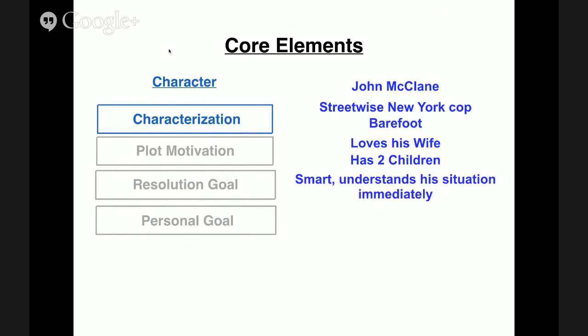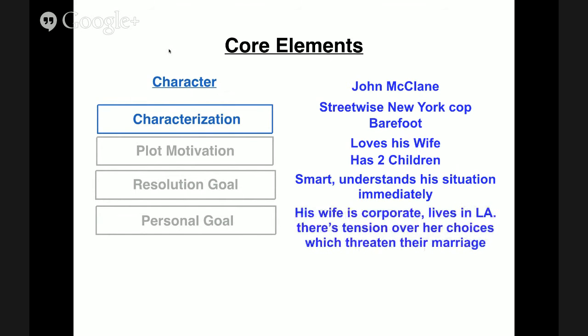He's also smart. He understands his situation immediately, whereas I forgot the guy's name. I really looked for it, and I gave it my best shot, and I couldn't come up with it. But the guy who tells Hans Gruber John McClane's name thinks he can negotiate with this guy. McClane yells back at him, "You don't know this guy like I do." You have no idea what this guy's capable of. And then the guy gets promptly shot in the head. So he's smart. He understands the peril that he's in immediately when these guys break in.